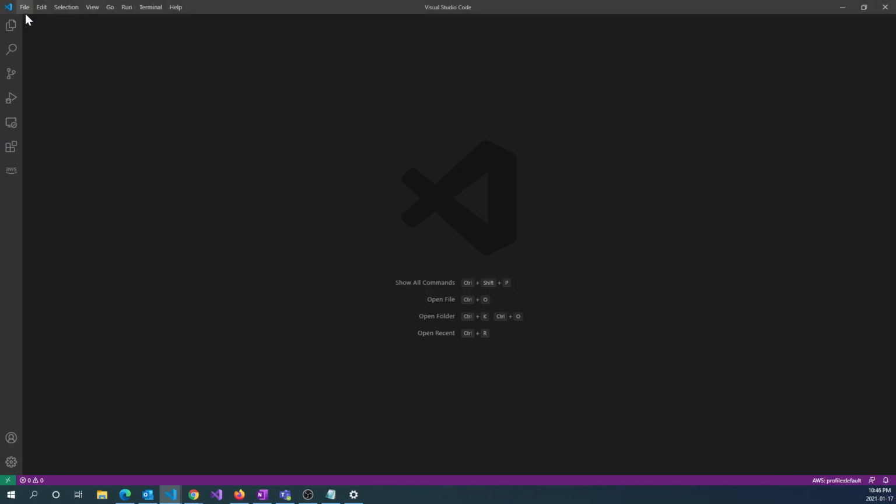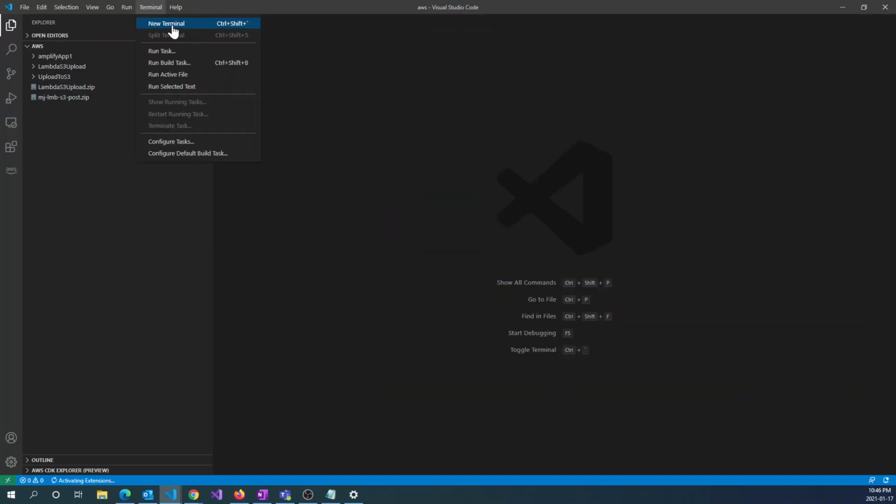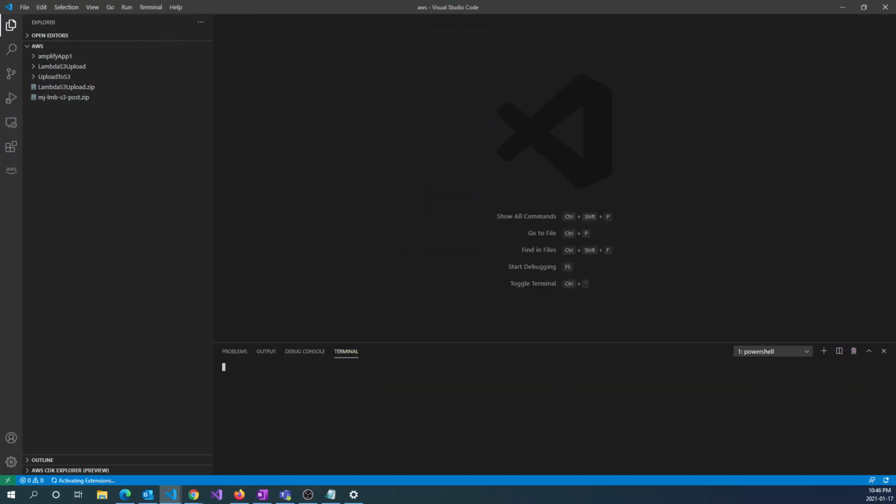Okay, in this folder, we'll create a new Angular project. So we open our terminal, and once you installed Node.js and then Angular CLI, if you type ng new, it will generate a new Angular project,